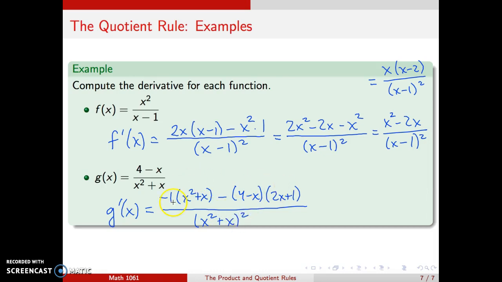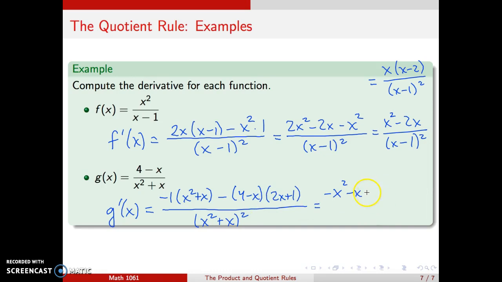Again, nothing wrong with this. A little cumbersome, a little crowded, complicated, whatever you like. If you're going to use it and start evaluating and trying some different values of x, maybe you want to clean it up, but this is perfectly legitimate. We'll go ahead and clean that up. If I distribute that negative, I get negative x squared minus x, and here I would get,